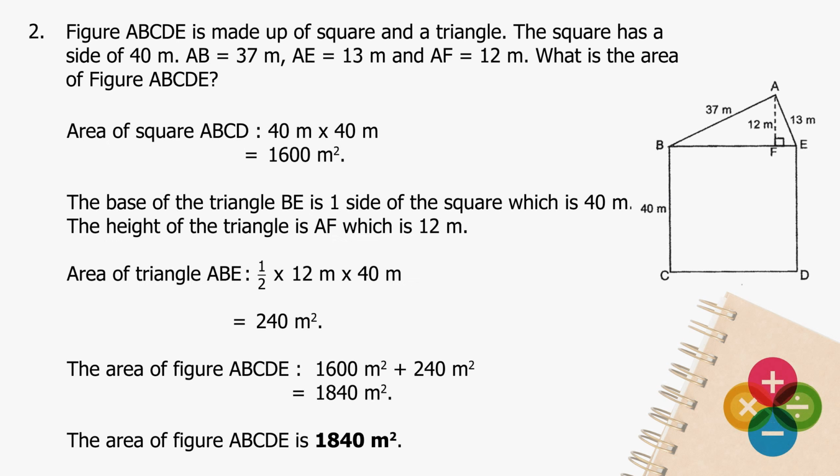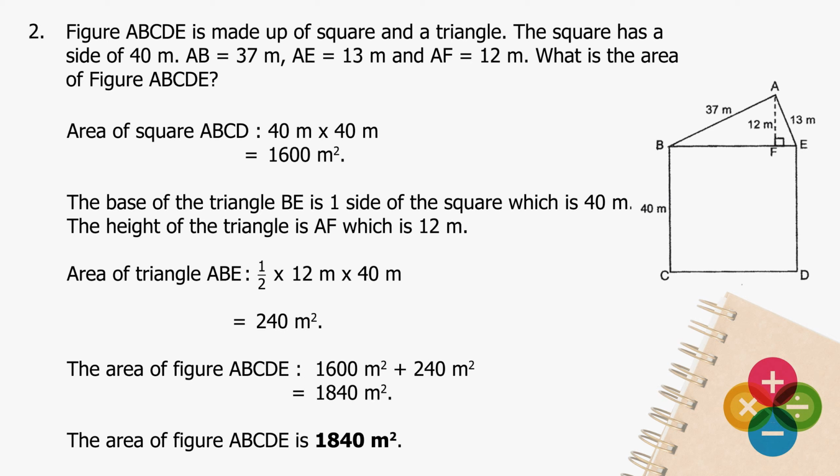The area of square ABCD will be multiply 40 meters by 40 meters, and the product is 1,600 square meters. The base of the triangle, BE, is one side of the square, which is 40 meters. The height of the triangle is AF, which is 12 meters. The area of triangle ABE will be multiply 1/2 by 12 meters and by 40 meters, and the product is